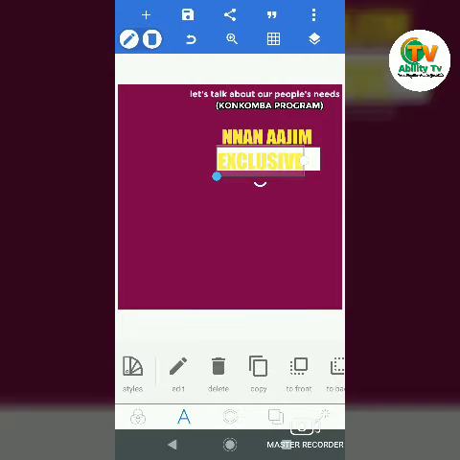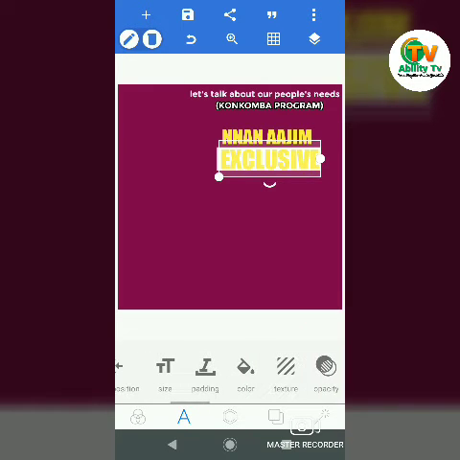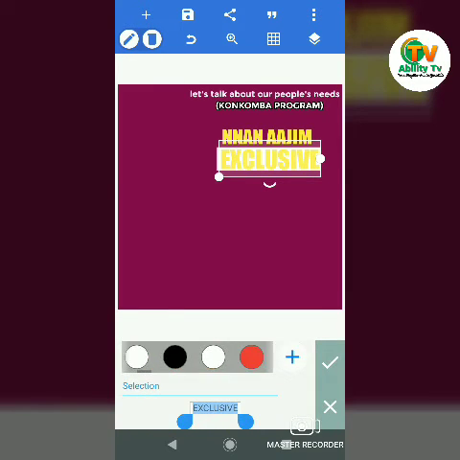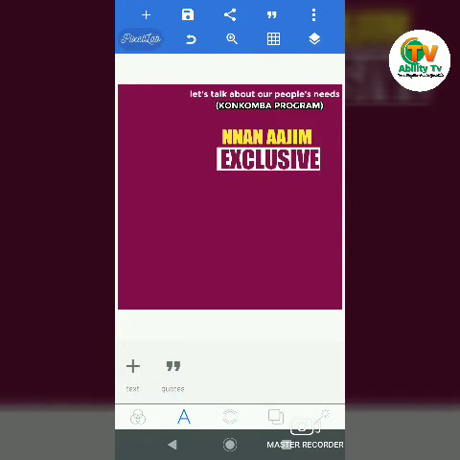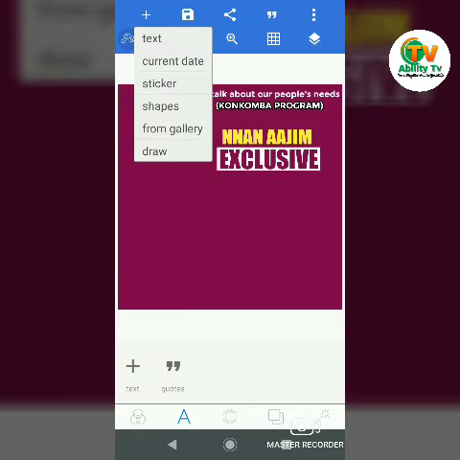So I have to change the color of the exclusive to the color of the background. Now you can see. So now what do I have to do? I have to press on the plus sign on the top, get a shape again,